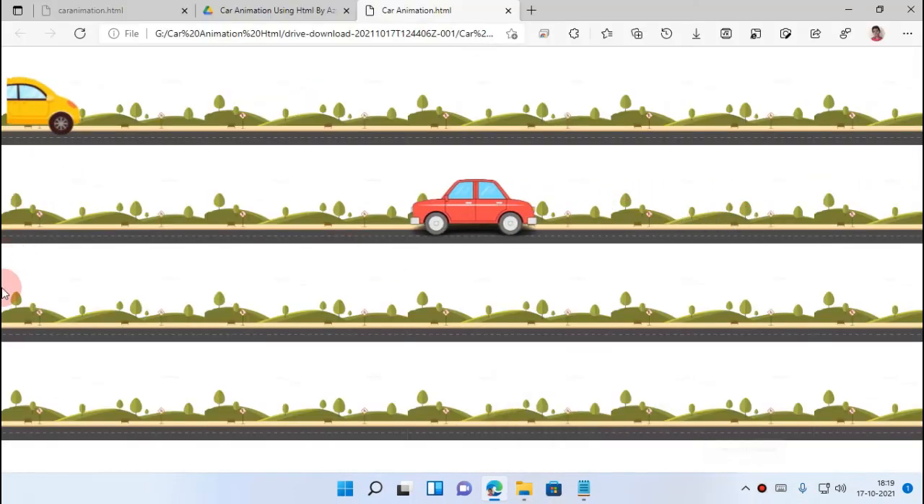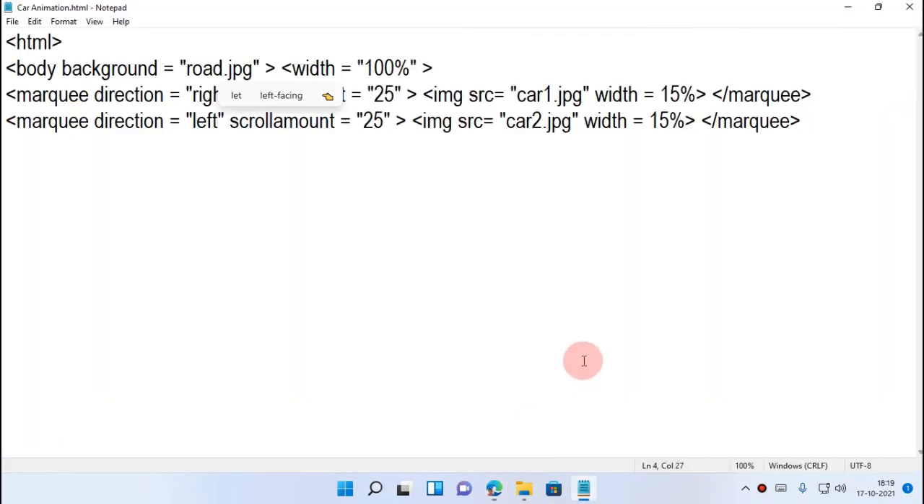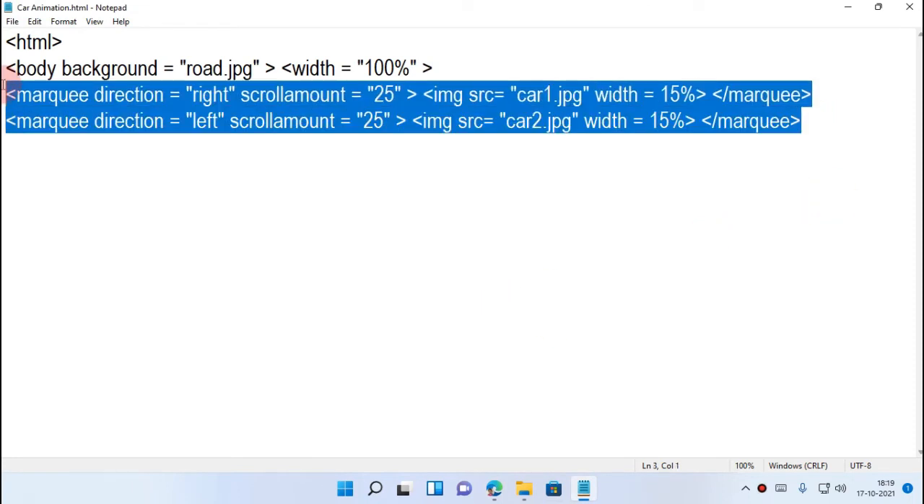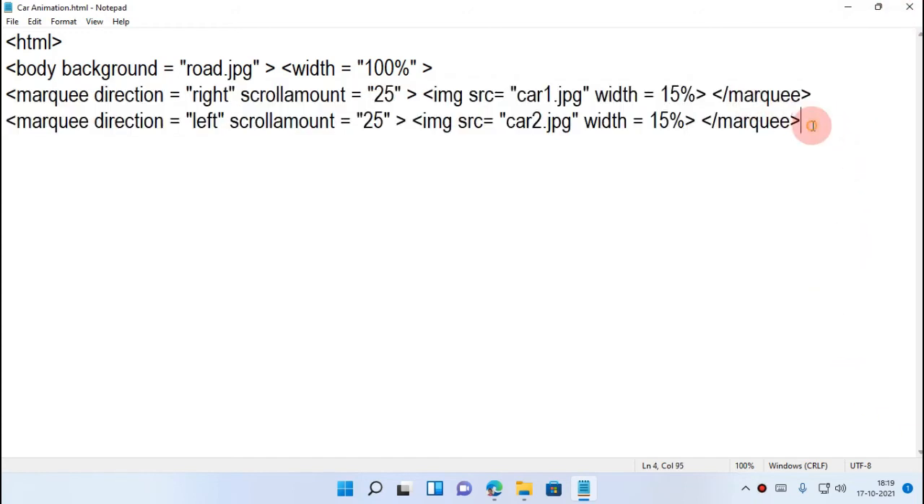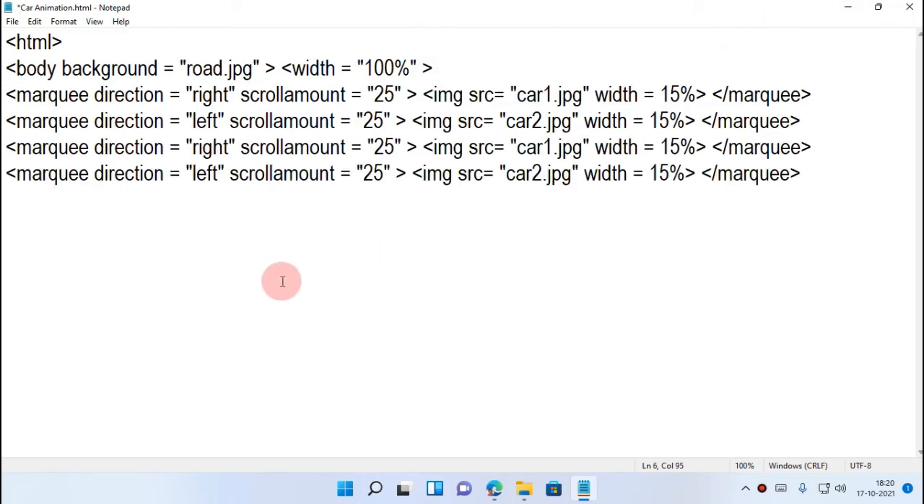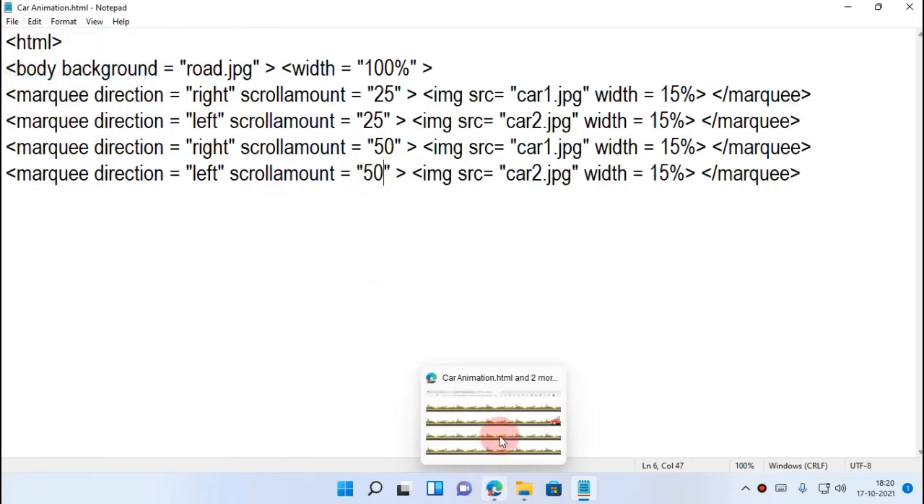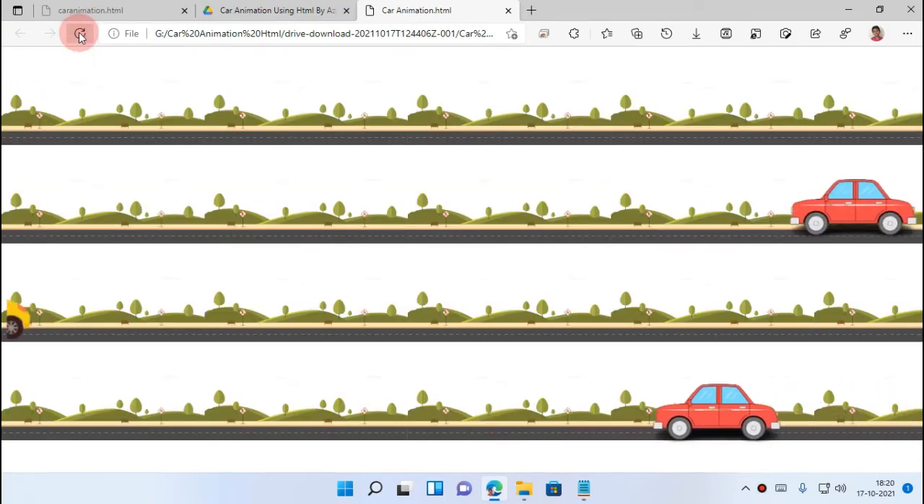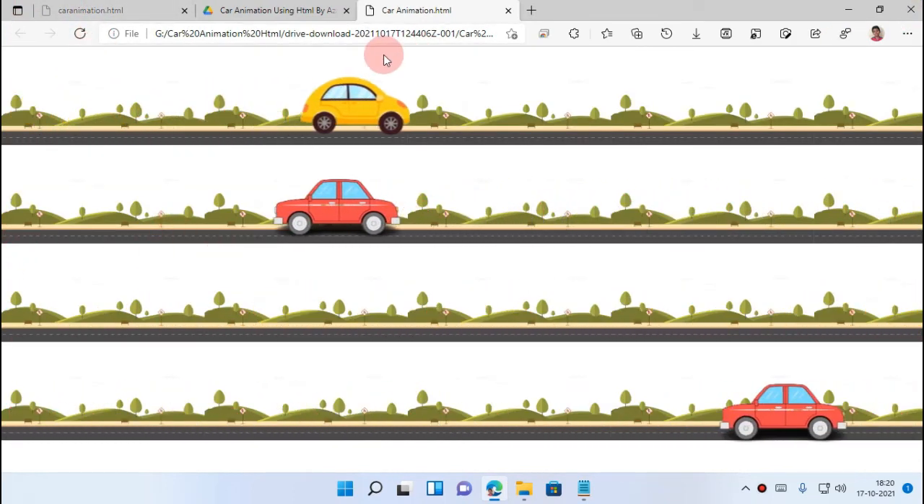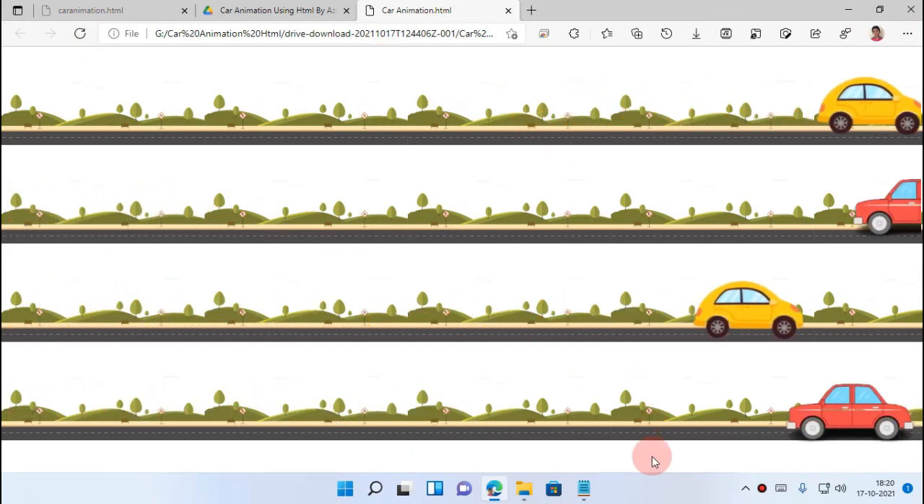So let's make it for the other roads. This is just the same but a bit different, just about the speed. Let's make these two 50 and 50, the third and fourth rows. Let's save it and reload it. Now all these cars are going nice, but